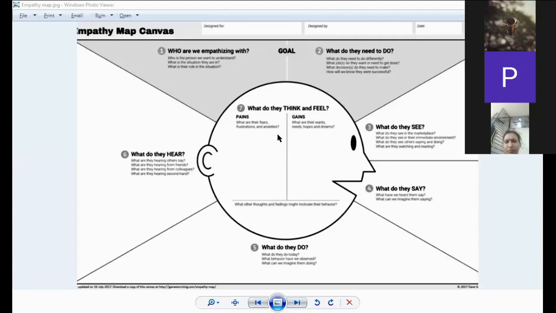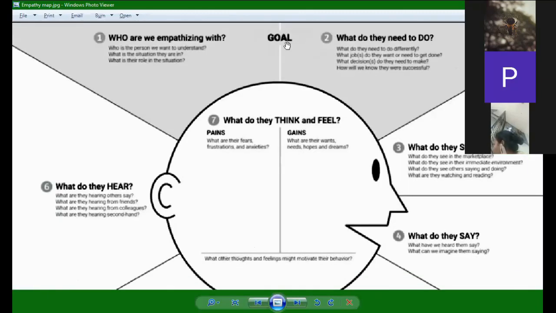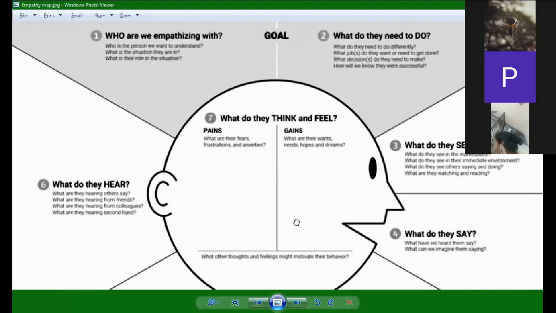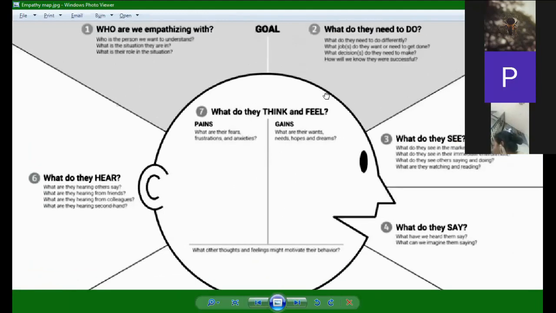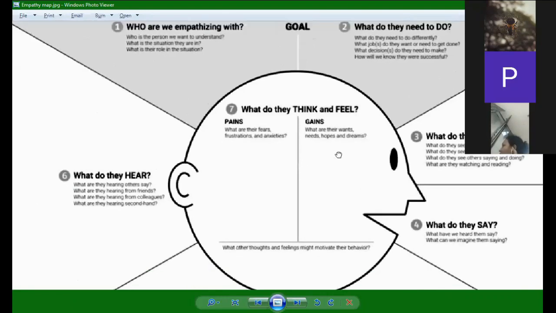So, empathy maps are very powerful tools where instead of asking them to make book reviews or asking them to just write about what you learned or things like that, which is very uninteresting and uninspiring for the child, you can focus more on things like this, where the children have to actually take a step forward and put themselves in the shoes of different characters. So this is a format that is very easily available online. So you don't have to necessarily take pictures or anything here.